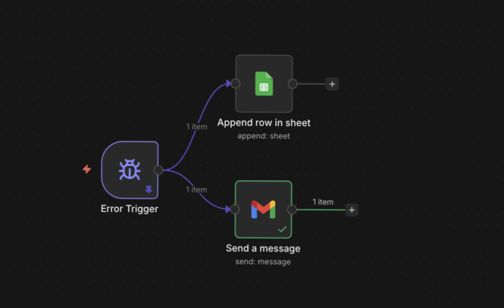In this video, I want to show you how to set up an error logging workflow so that if you have a live working voice agent and something goes wrong on the n8n side, you can log that error but also get notified that something has gone wrong, so you can go ahead and fix it as soon as